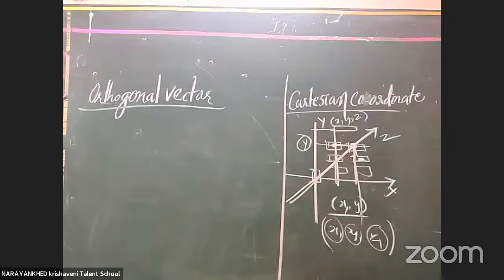Which one is called orthogonal vectors? The vectors, whatever vectors are there,